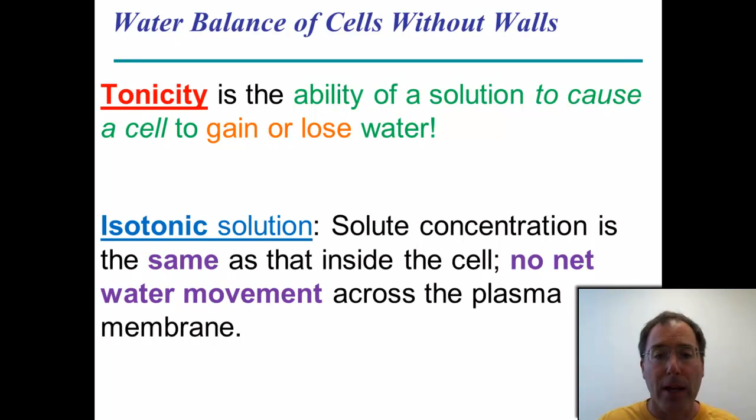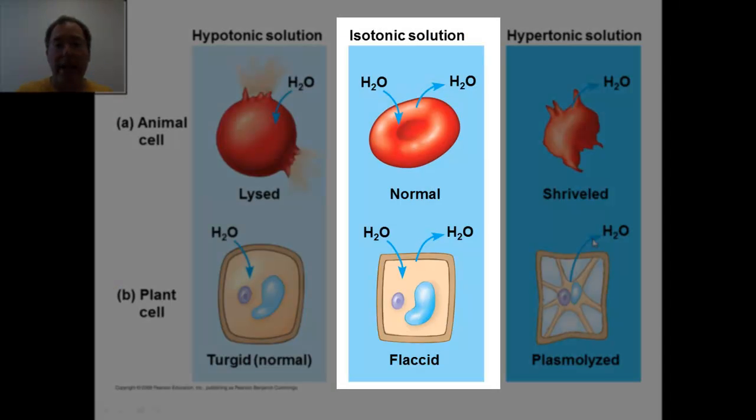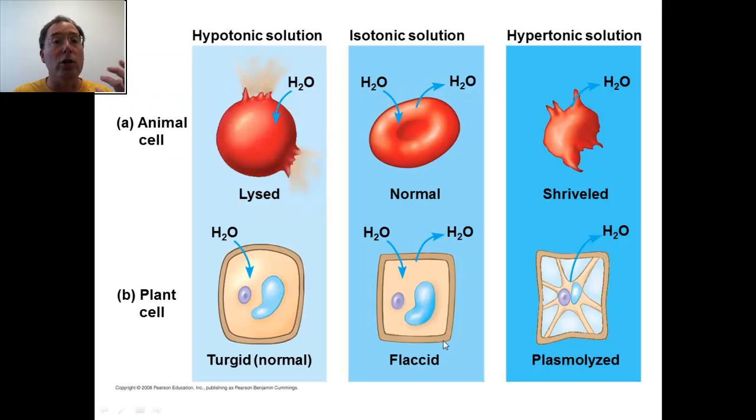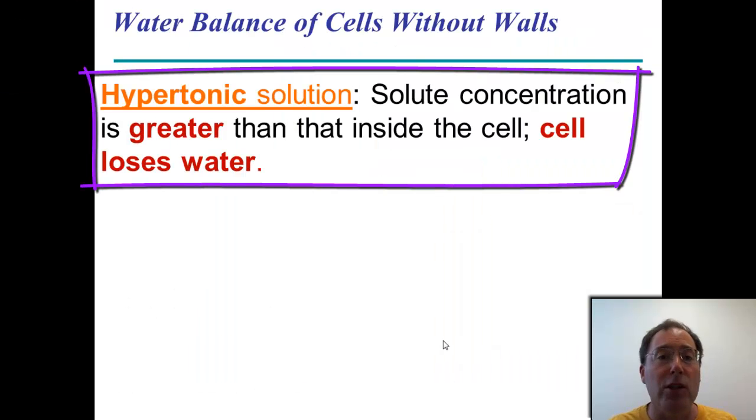You can read the definition there of isotonic. In the middle, an isotonic solution is not only going to add water, but it's going to cause the same amount of water to leave, so there's no net osmosis going on there. An example in a plant cell is that the plant cell would be full of water and in a good situation. So an example of a hypertonic situation is when there's more tonicity